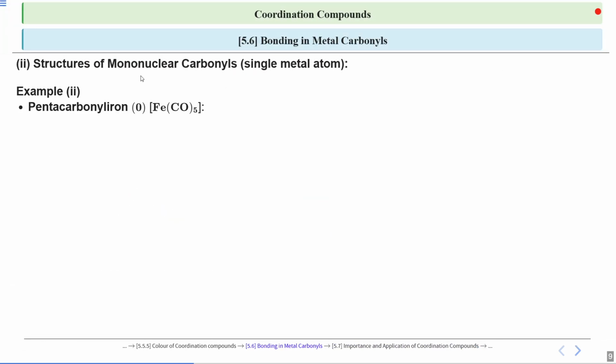Now, under the same mononuclear carbonyl category, let's see the second example, pentacarbonyl iron 0. Pentacarbonyl means 5 carbonyl ligands will be there in the complex. Iron will be the single central metal, having 0 oxidation state. So its structure will be trigonal bipyramidal. 5 ligands are there, the structure will be trigonal bipyramidal, and the oxidation state of iron will be 0 as per